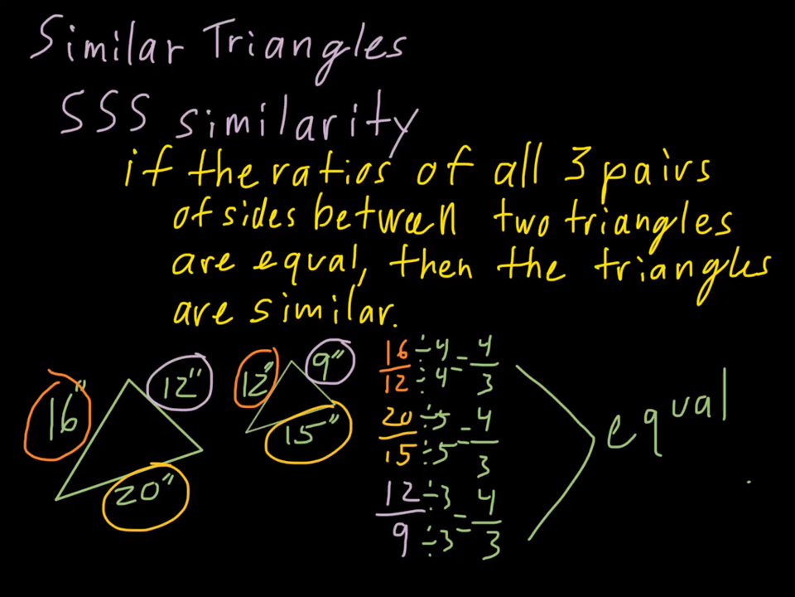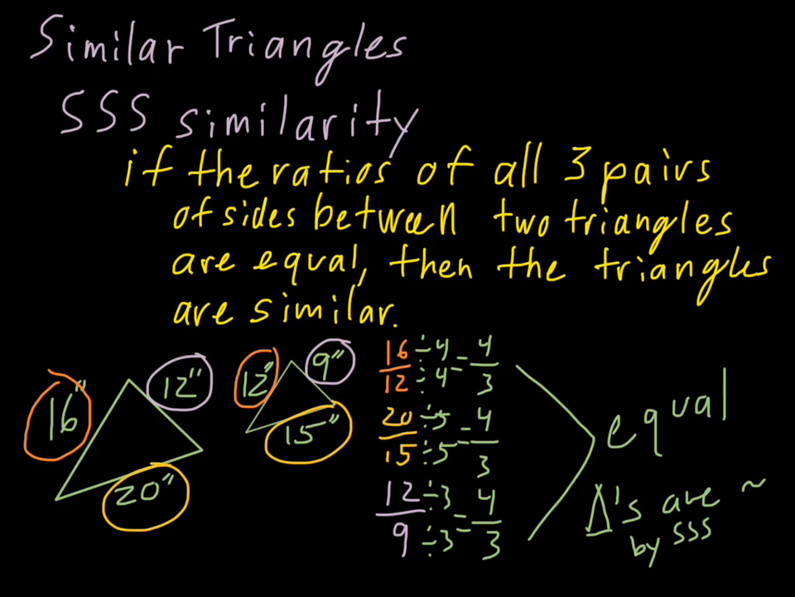So we can say that the triangles are similar, and the symbol for similar is a little sideways S. Similar by